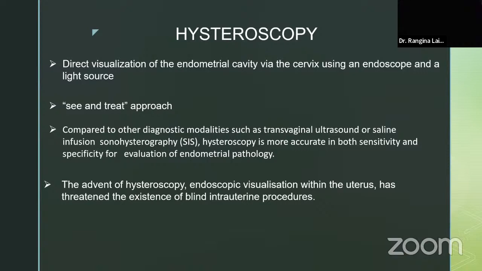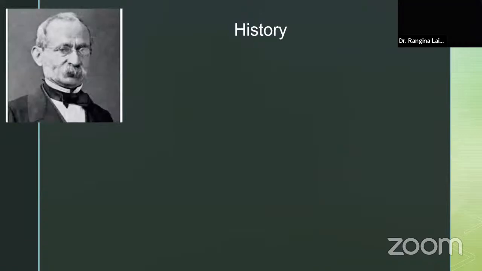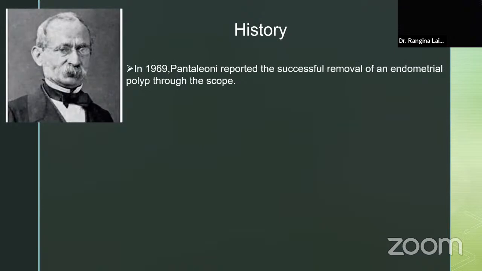hysteroscopic guided endometrial biopsy. And when we inserted the scope, we could see in the right lateral a small endometrial growth, and we took out that small tissue, and it came out to be an endometrial carcinoma. So how important it is for us to change our practice today from the world of blind DNC to the hysteroscopic world.